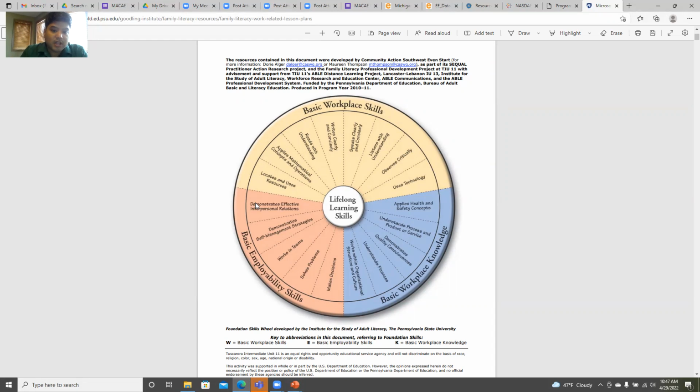An employability skill could be working in teams, talking with their children about a challenge at school, or we're reading something about, I'm just thinking about a child that is being bullied or having a challenge within the school. How can they parlay that into conversations about what's going on at their children's school and what it means to problem solve and work through those issues with teammates or people that we don't understand, or are learning about new cultures and abilities or skill levels of other people and not judging them.